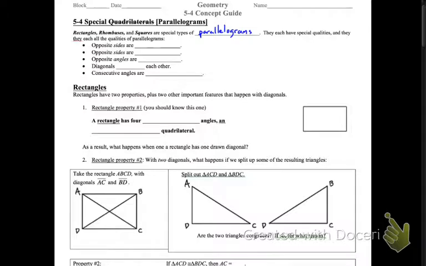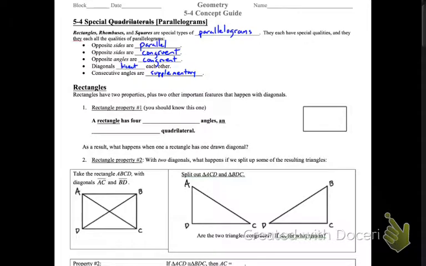So we've learned the 5 properties of parallelograms. So a rectangle, a rhombus, and a square will have all of these properties. The opposite sides of rectangles are parallel. The opposite sides of squares are congruent. The opposite angles of rhombuses are congruent, etc., etc. The things that we know about parallelograms are also true for rectangles, rhombuses, and squares because they are parallelograms. Okay. Then rectangles, rhombuses, and squares have their own special qualities as well, and that's what we need to learn